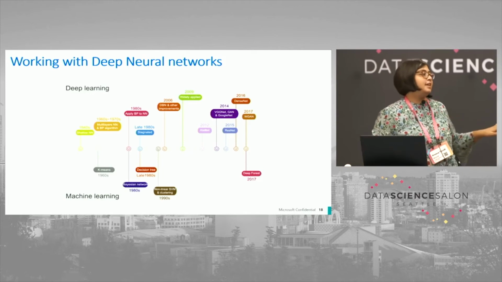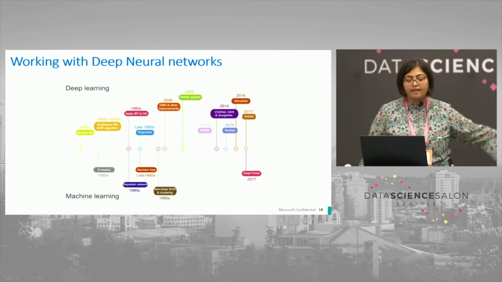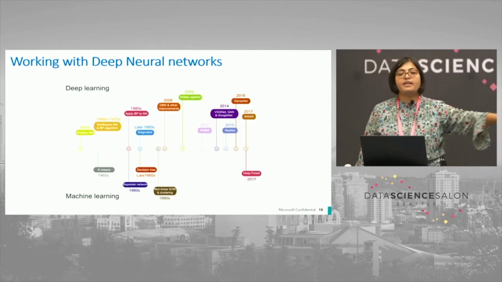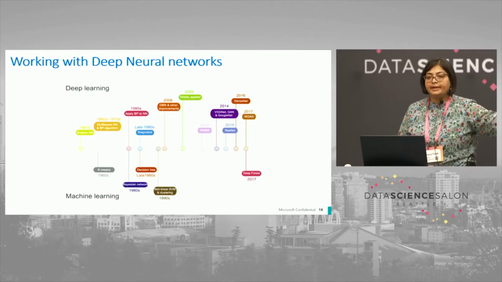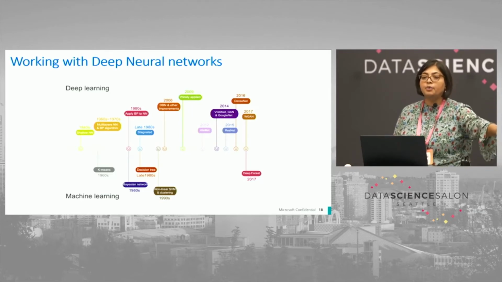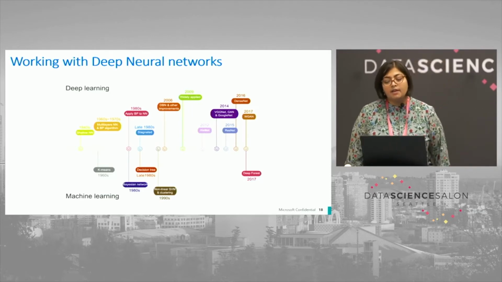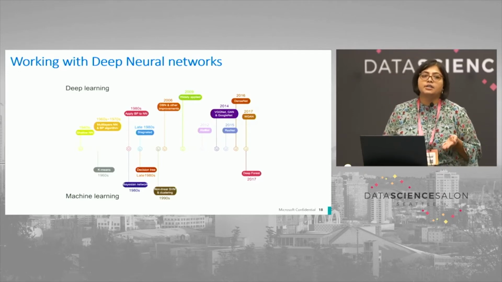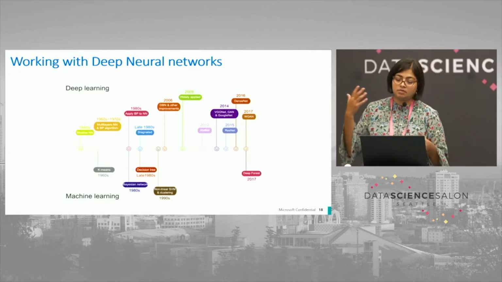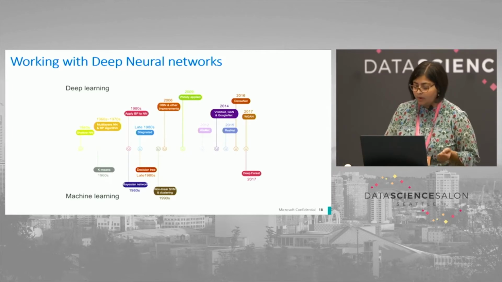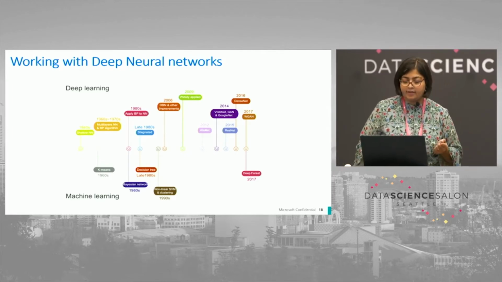As we see, machine learning has always been there and it's still widely used, but there are some problems where deep learning is starting to do much better, especially since 2012, when we were able to start using GPUs, come back to the computation power, and solve the problem of data and everything.